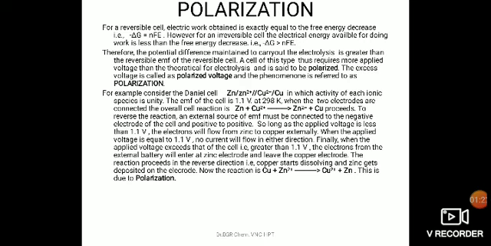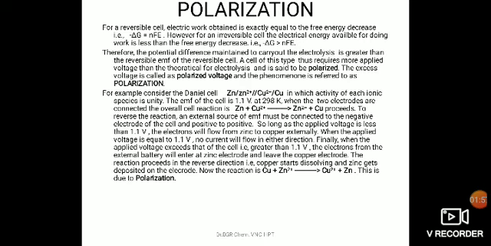For example, we can consider the Daniell cell, where Daniell cell can be represented as Zn | Zn2+ || Cu2+ | Cu, in which activity of each ionic species is unity. That means concentration of Zn2+ ions and concentration of Cu2+ ions are one unity only. The EMF of the cell is 1.1 volts. We have calculated earlier. It is at 298 Kelvin.